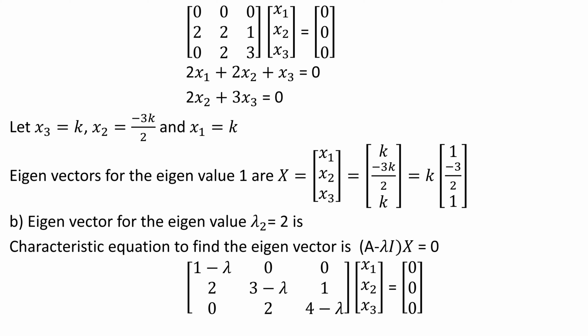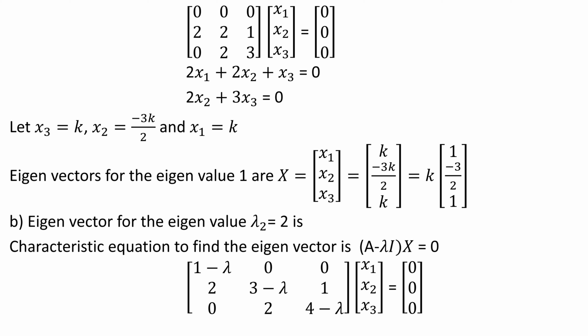x1 will be k. So eigenvectors for the eigenvalue 1 are nothing but x is equal to x1 x2 x3 is equal to k, minus 3k by 2, k. So if we bring that k factor outside, it will be k into 1 minus 3 by 2 1. Eigenvector for the eigenvalue lambda 2 is equal to 2 is nothing but